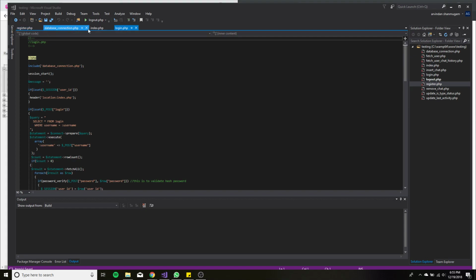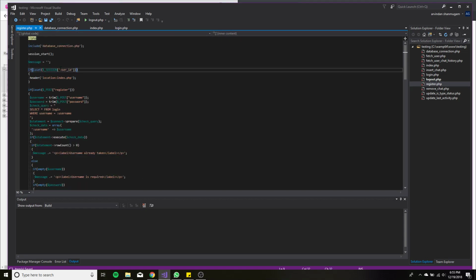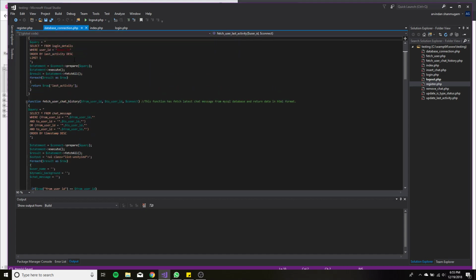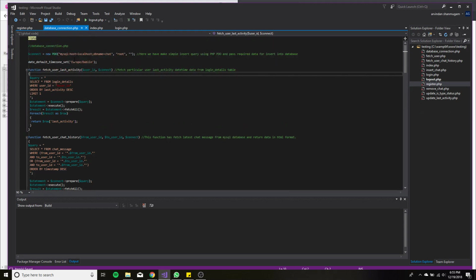But the most important are the register, database connection, index, and login. Others like remove chat and update last activity are just functions being called when necessary. Register is where a user keys in information and the information is added to the database. And database connection is where all the connectivity functions occur, calling functions, getting the information, updating, deleting,